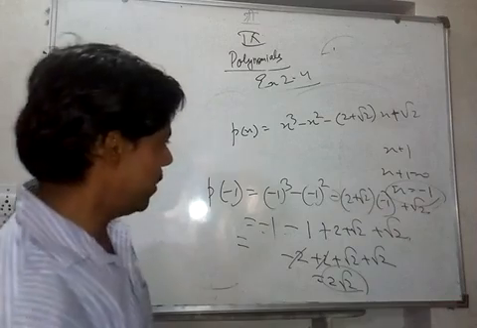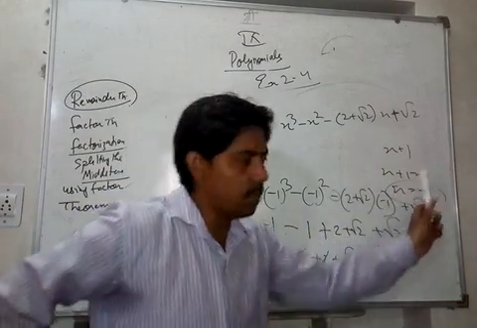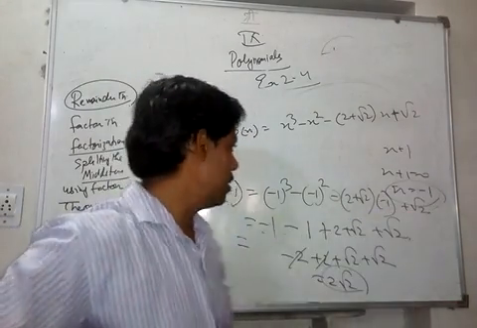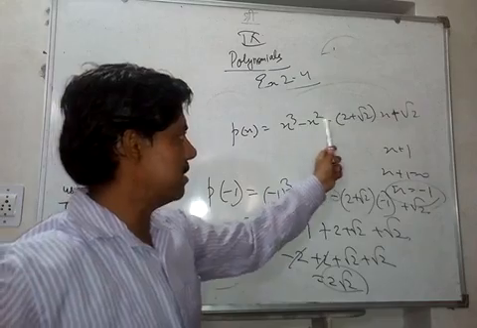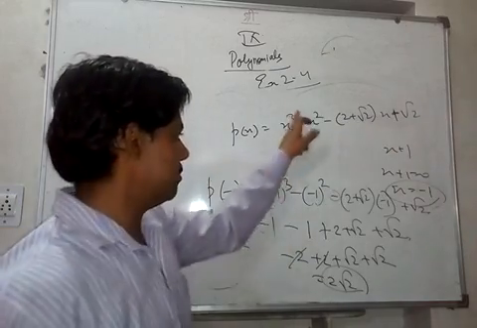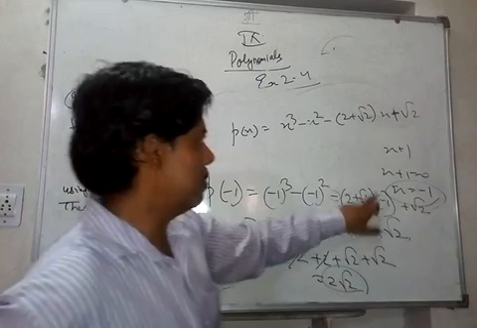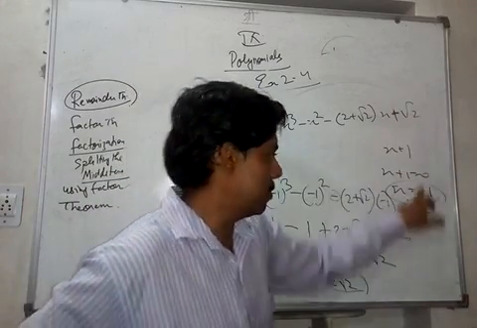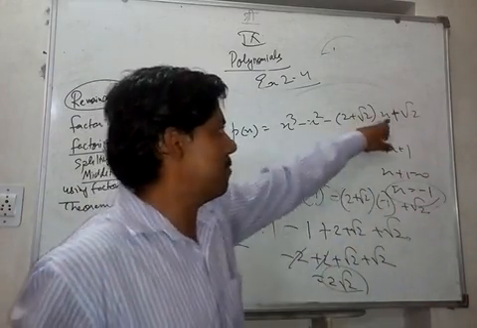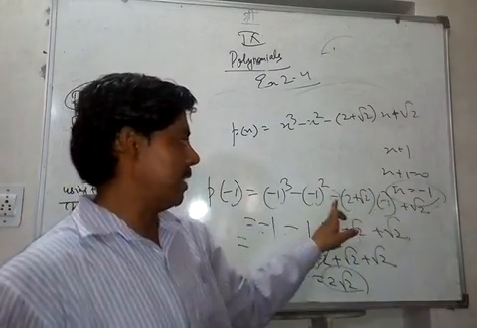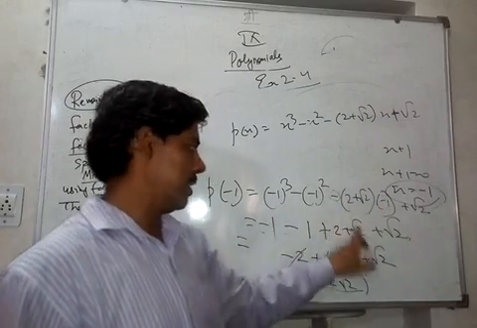So what I have done, I repeat here: I have put x plus 1 as 0, x is equal to minus 1, put minus 1 in place of x here. We are getting minus 1 cube minus minus 1 square minus 2 plus root 2 into minus 1 plus root 2. Now since these are multiplied here, we can bring minus minus here, this will become minus minus plus.